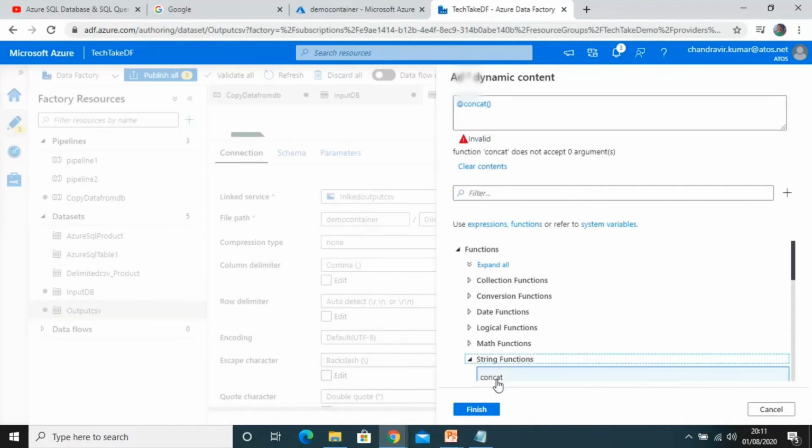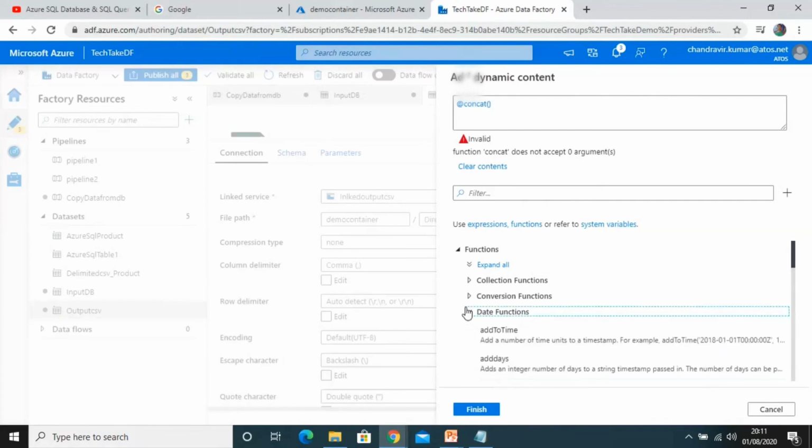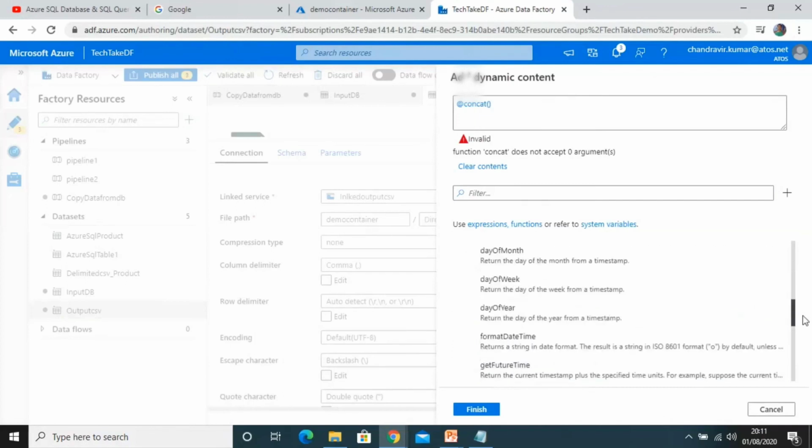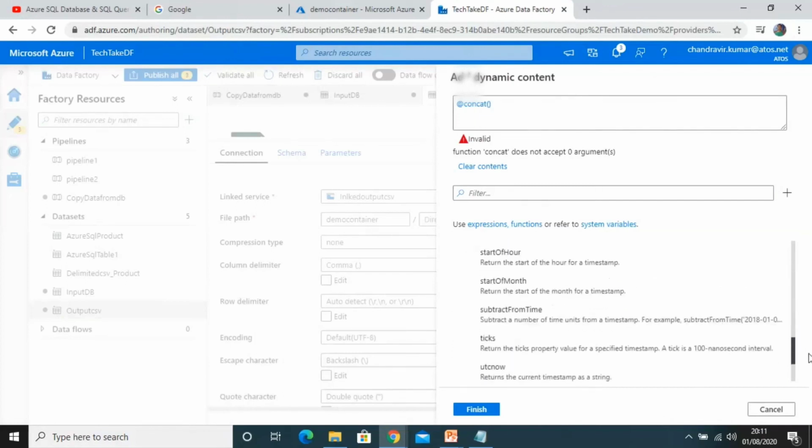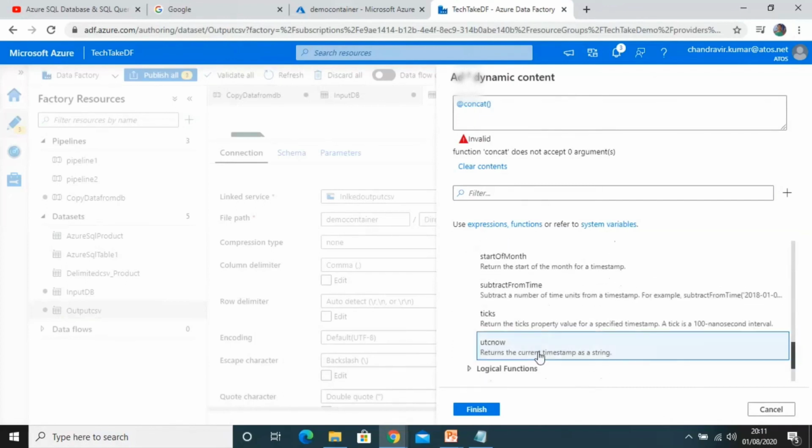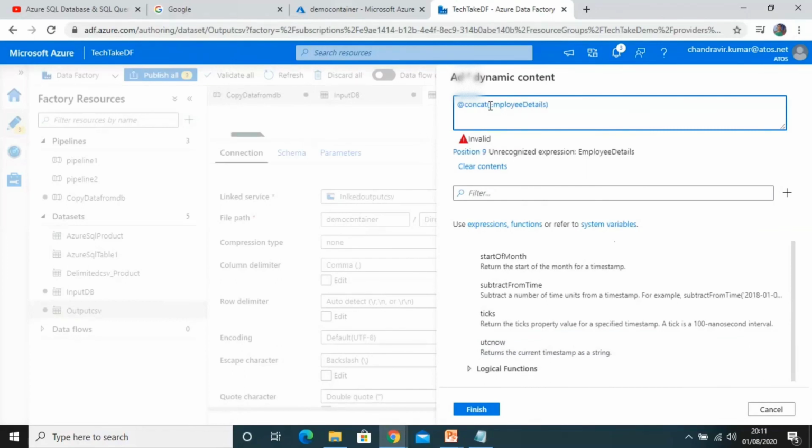So let's go to the parameter and make it more dynamic. For the file name, use concat, a string function. We have given the string now for what we want in the file name. Concat employee details, we can put employee details here, and then we can use utcnow.